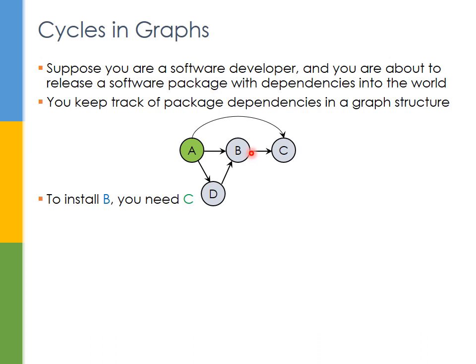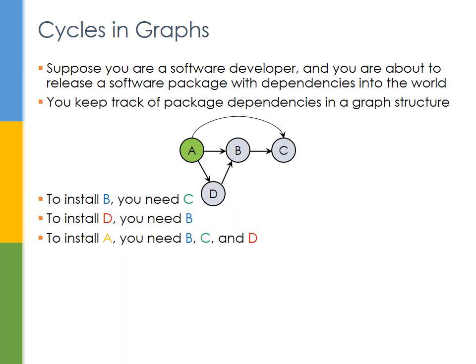So for instance, if we look at software package B over here, there's an edge that connects its vertex to the vertex for software package C. So this means that package B needs package C to be installed first before package B can be installed. In other words, there's a dependency between the two packages. Similarly, before we can install package D, we need to install package B. And to install package A, there are three dependencies. So first of all, we must install package B, then we must install package C, and we must also install